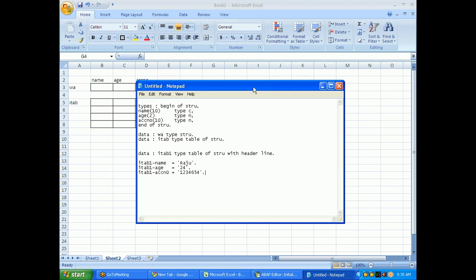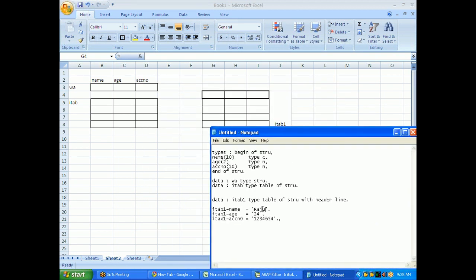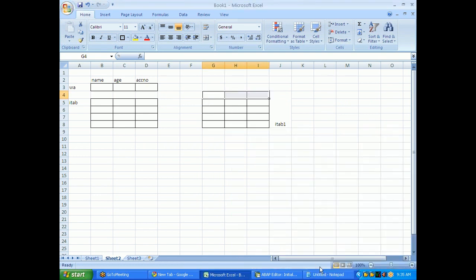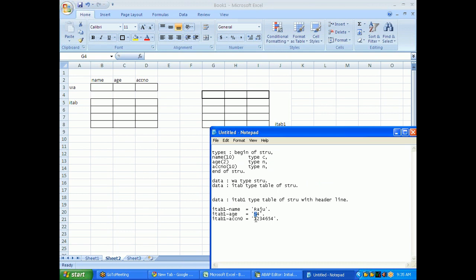So then what will happen? If you write like this, Raju will come here, 24 will come here, and the account number will come and sit here.